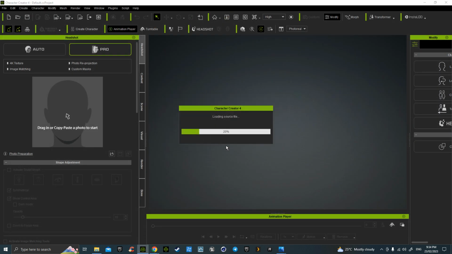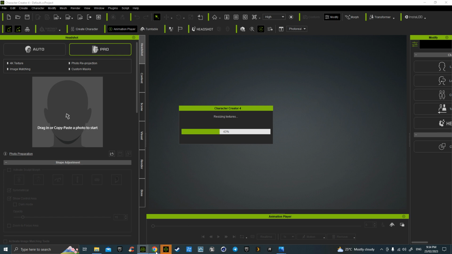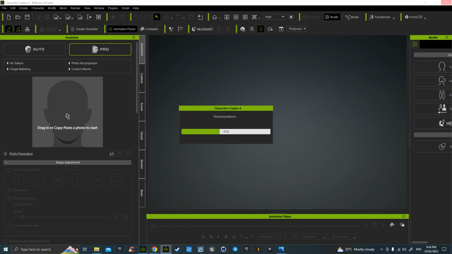I can hit advanced on the importation into Character Creator. This will come up. Change every one of them to the highest quality we can, unless you're doing morphs, of course, that's different, but we're not doing morphs today. So what we've got, Riley hair, change that to hair, everything else is clothes, so that's fine, and then we'll change your body up to the maximum texture it can be. Hit OK. This is opened up because what I want to do is be able to compare the two when we import sort of a straight out picture that's just come from